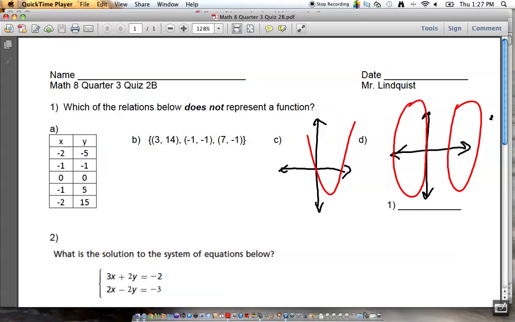And let me see what this says. 1, 2, 3, 7, 8, 9. Okay, so look. The correct answer to the first question is A. We talked yesterday about how to show that something's not a function. And the way to show something is not a function,